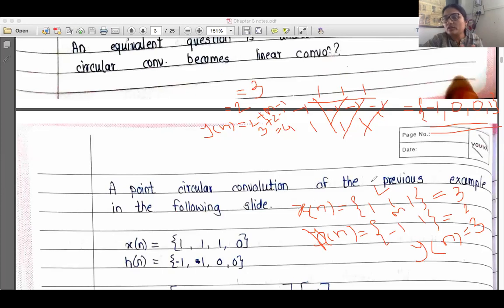मग ती जी काय मॅक्सिमम व्हॅल्यू असेल तेवढीच तुमची सर्क्युलर कन्व्होल्यूशन मध्ये आउटपुटची लेंथ येणार आहे. म्हणजे सर्क्युलर कन्व्होल्यूशन मध्ये y ऑफ n ची लेंथ किती येणार आहे? मॅक्सिमम 3 येणार आहे. बट लिनियर कन्व्होल्यूशन मध्ये तीच लेंथ किती आली आहे माझी? 4 आलेली आहे. म्हणजे सर्क्युलर कन्व्होल्यूशन मध्ये नंबर ऑफ पॉइंट्स लेस आहेत. आउटपुटचे नंबर ऑफ पॉइंट्स लेस आहेत आणि ह्याच्यात किती मोर आहेत. मग असं म्हणजे सर्क्युलर कन्व्होल्यूशन मध्ये लेंथ कमी आहे म्हणजे काय झालेलं आहे? हे जे लास्टचे पॉइंट आहेत ते फर्स्ट पॉइंट वरती ओव्हरलॅप झालेले आहेत. त्यामुळं त्याची लेंथ ही व्हॅरी होतीये.